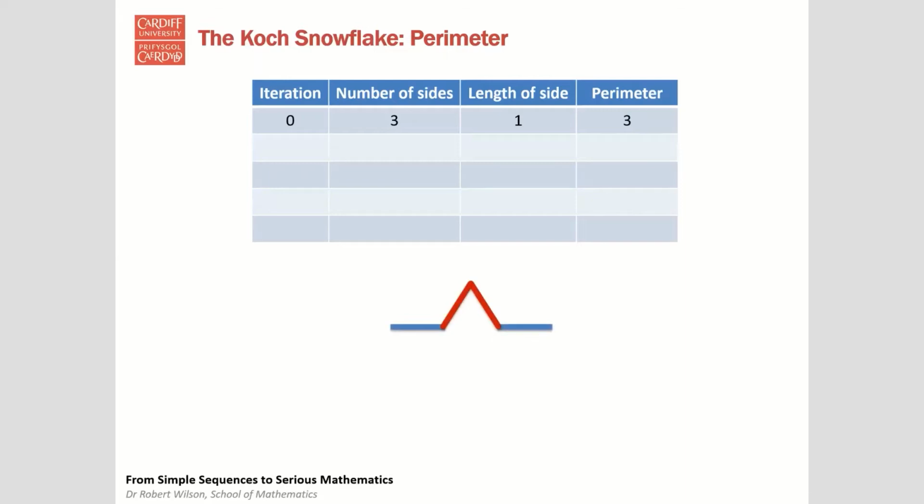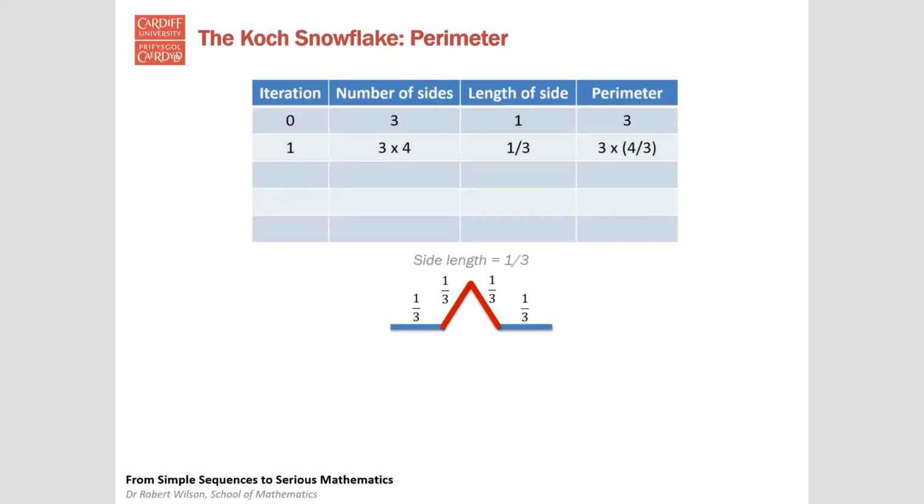At the next stage, at our first iteration, remember we are splitting the sides of the original triangle into thirds, so that each side represented at this stage is of length a third. Putting this information into our table,